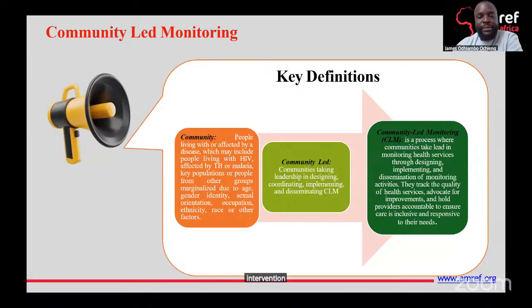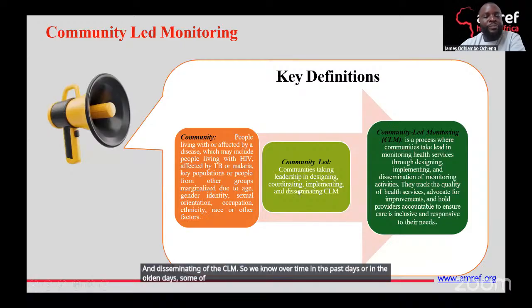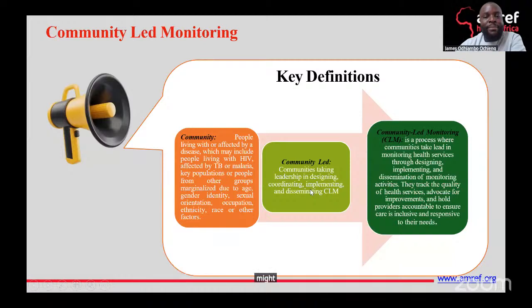Community-led means the community taking leadership in designing the intervention, looking deep into its implementation, and disseminating the CLM. In the olden days, some interventions were drafted in an office. Maybe somebody in Nairobi, sitting and thinking people in Suba might need a particular intervention.